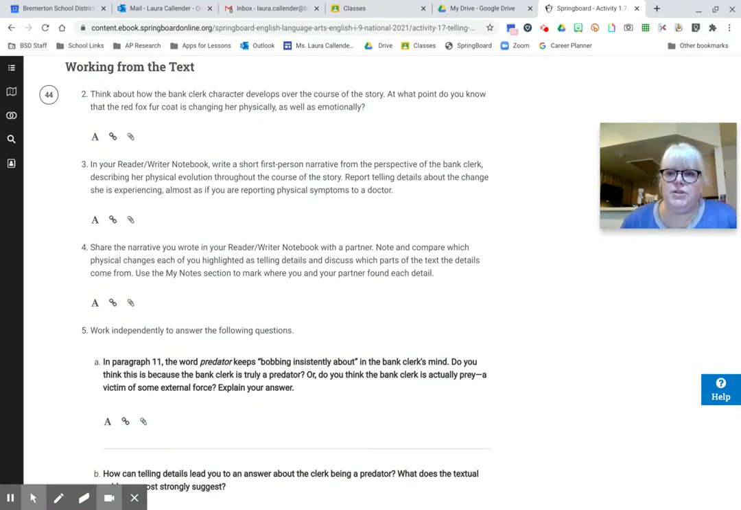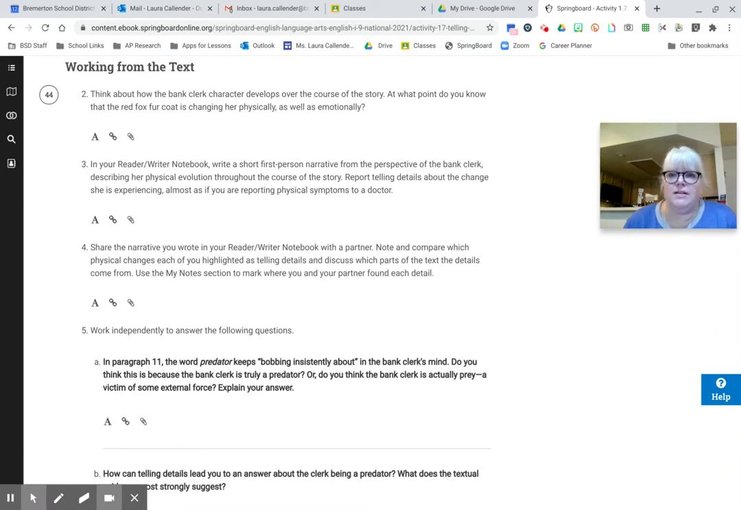So question number 2, under working from the text, asks you to think about how the bank clerk character develops over the course of the story. So you know now, having read the story, that she goes through quite a change as she sees the coat and begins to feel connected to the coat. She changes. And this question says, at what point do you know that the red fox fur coat is changing her both physically as well as